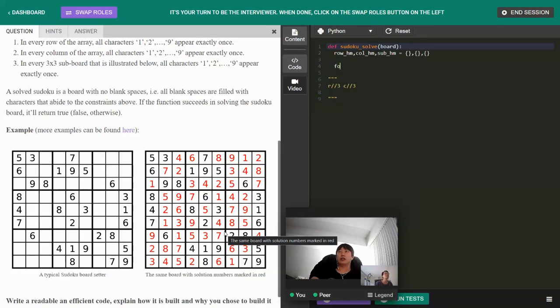And what we're going to do is go through, well, initialize row and column as board. Sorry, it should be the other way around. Right, so I'm going to do